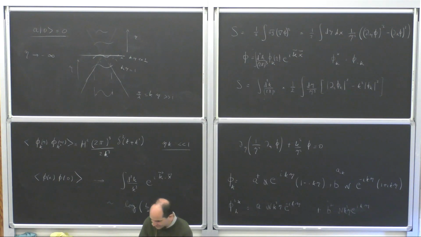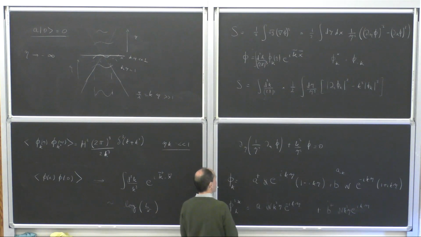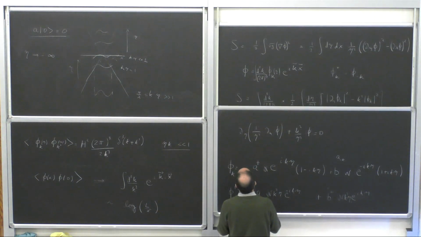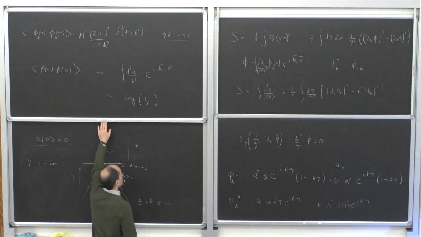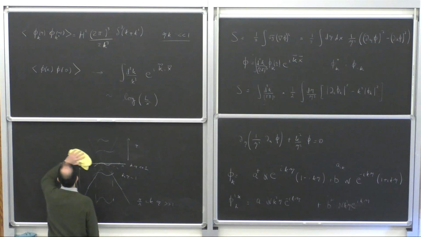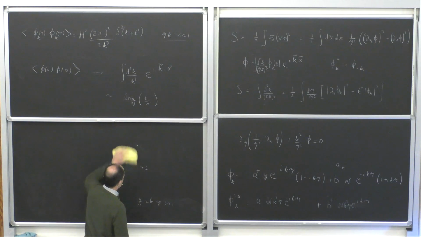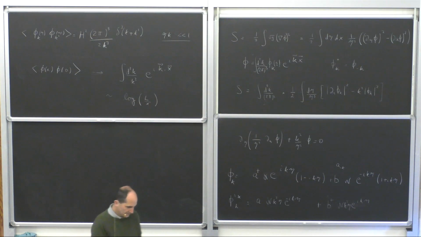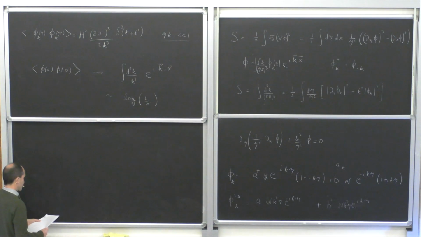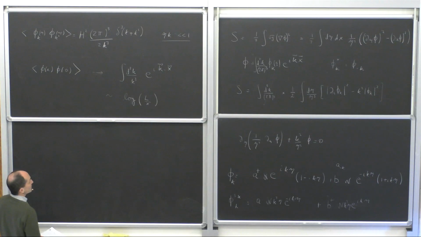The wave function. So here we just computed the expectation value, but let's talk about the wave function. What we have is a harmonic oscillator, and the wave function of a harmonic oscillator is Gaussian, okay? And so we can determine this Gaussian from the 2-point function. So just from the 2-point function, we can see what the Gaussian is, at least at late times. And so we find that